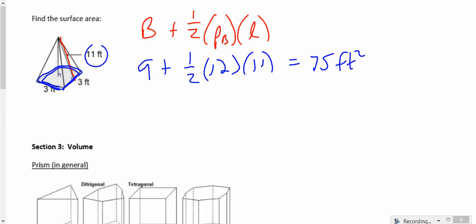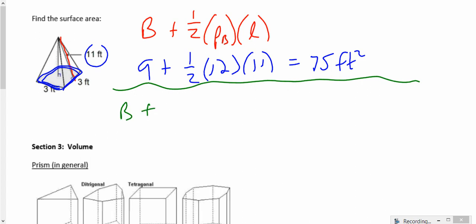Now that's one method. You could also use the other formula, which was to say area of the base, which we did already, plus the area of each triangle. Now there's 4 triangles, so I would just basically say 4 times the area of one triangle. Now the area of the base we said was 9. One triangle, if I take this away, one triangle, and I'm just showing you this so you can choose a method here. They're all the same, but this one triangle has a base of 3,